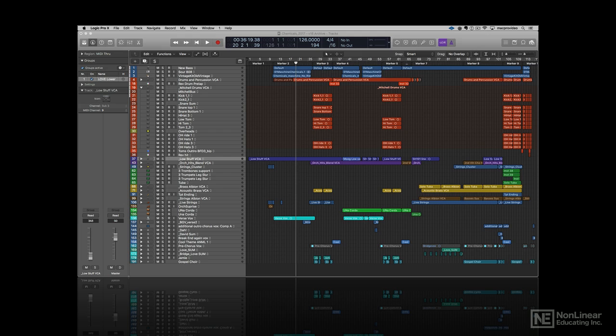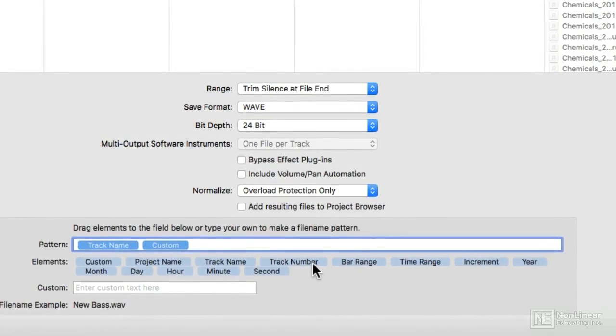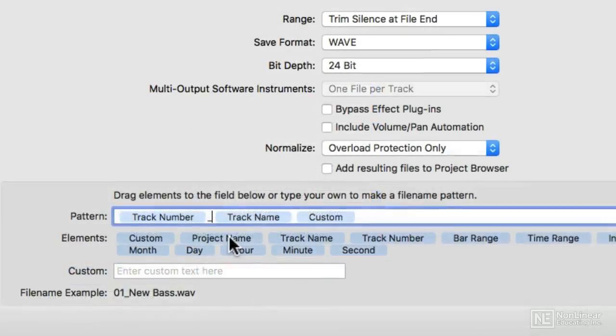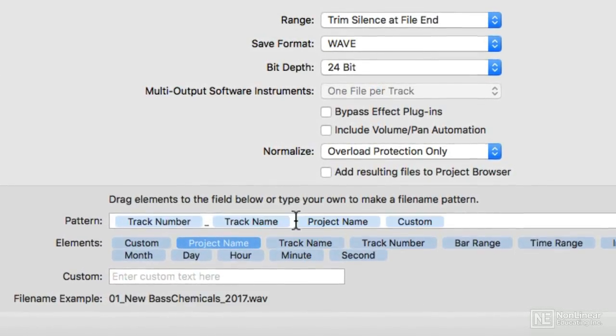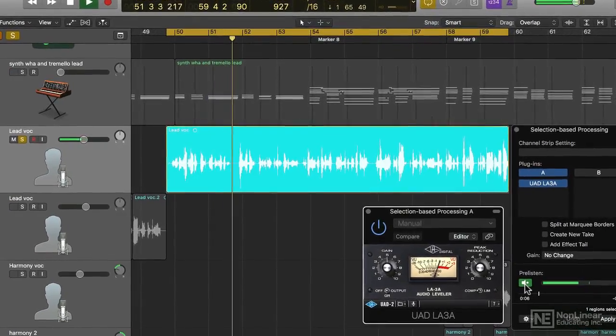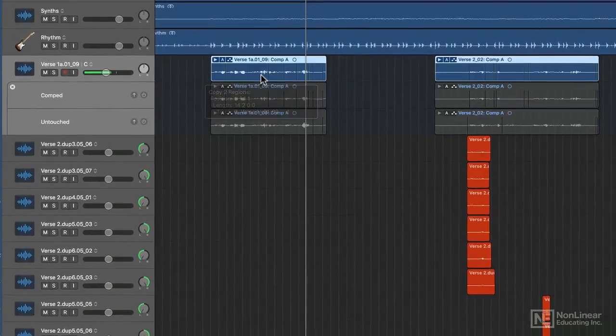And even though we've had kind of a quick flyover, I wanted to show you how I've incorporated these new features into my own workflow on real projects that I'm working on. So the things that we're going to be covering are subjects as diverse as having elements on exported stems, which are sort of like tags when you're doing an archive of a project, let's say, selection-based processing, track alternatives, bouncing